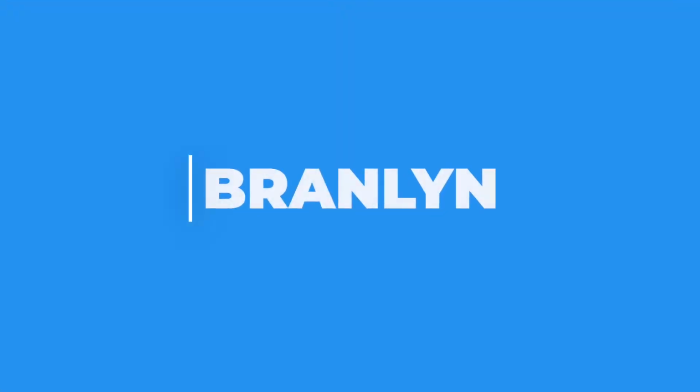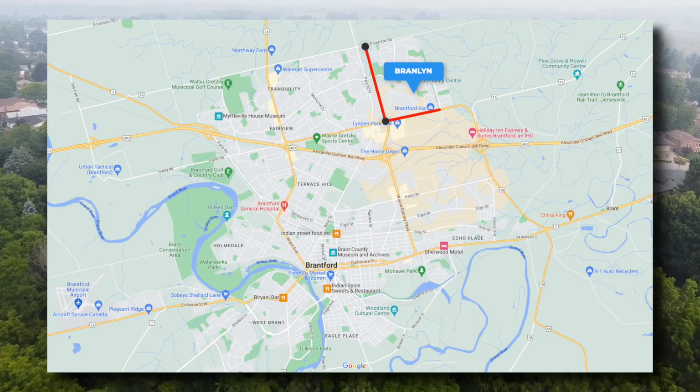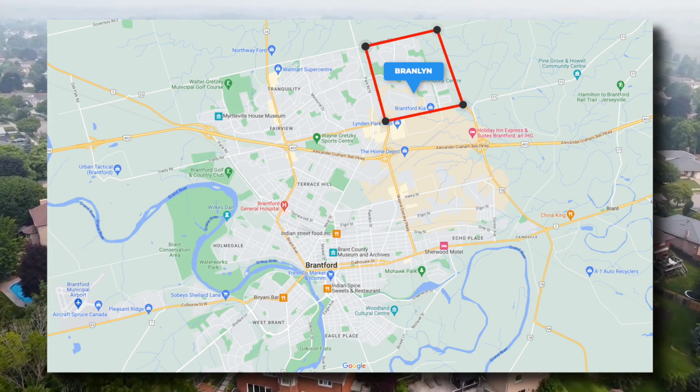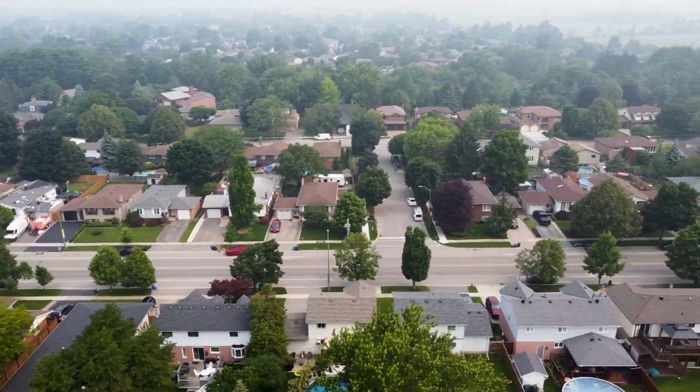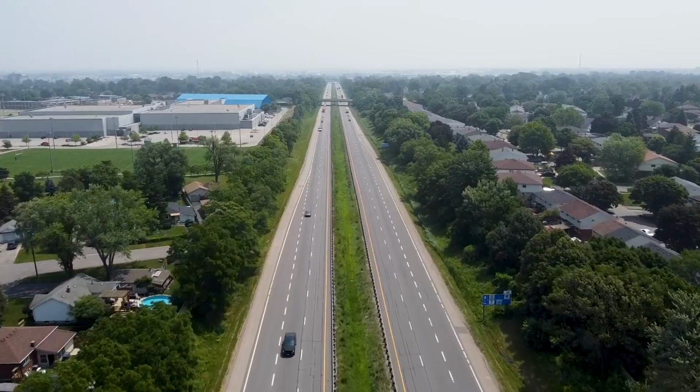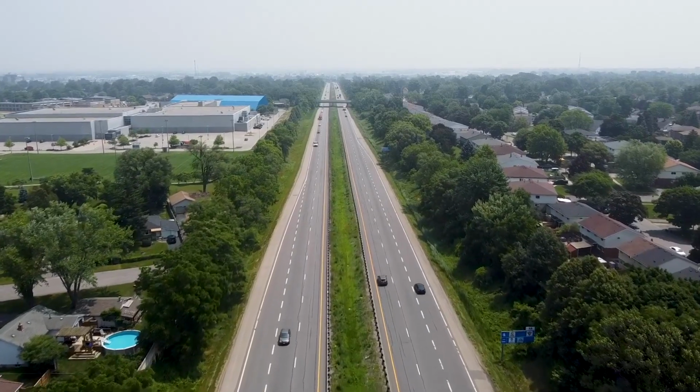Other than that, let's dive on in to the next neighborhood I always recommend my clients check out when they're thinking about moving to Brantford, and that is Brayland. As Brayland is again located on the northeast side of Brantford's community, and this here is really one of the most sought after parts of the entire city, as it's again a great spot giving you easy access to the